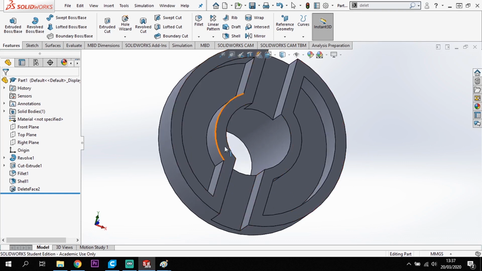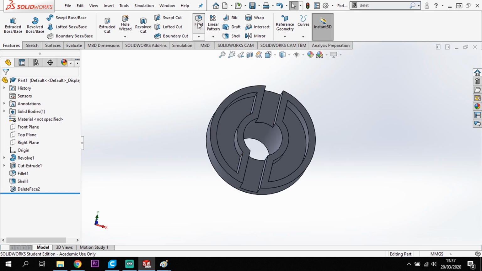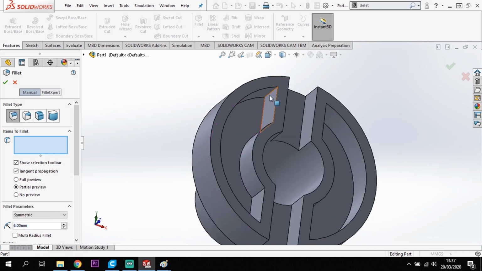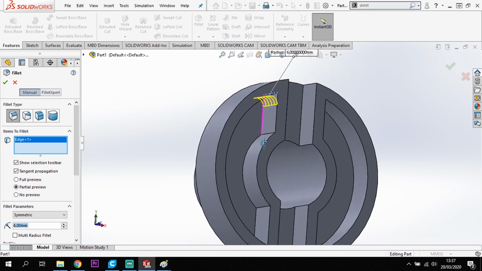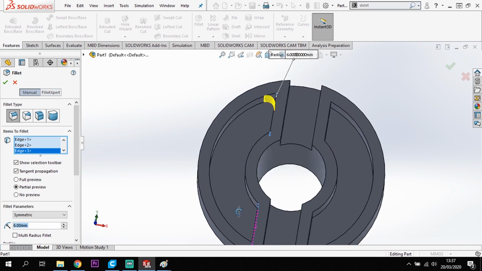We now just need to add some radiuses in the corners. We've got 6 milli radiuses on all 8 of these edges, so let's get them sorted. So I'm going to fillet. And it's still set at 6 here, so we're happy with that. And I'm going to click that inside edge, that one, that one,